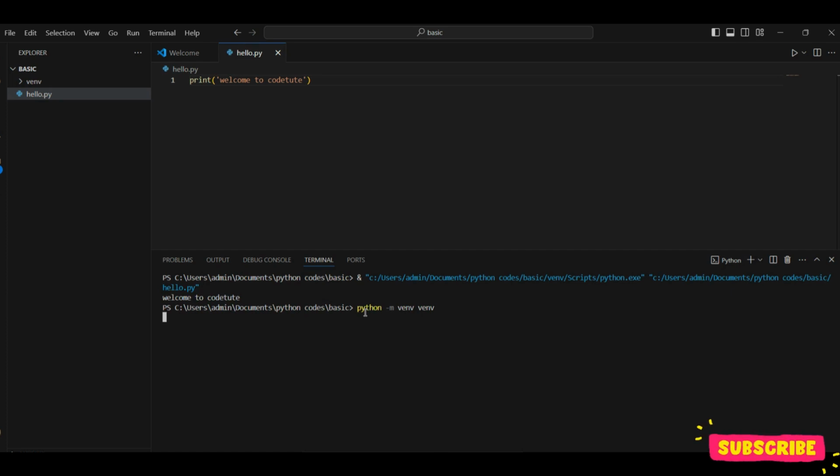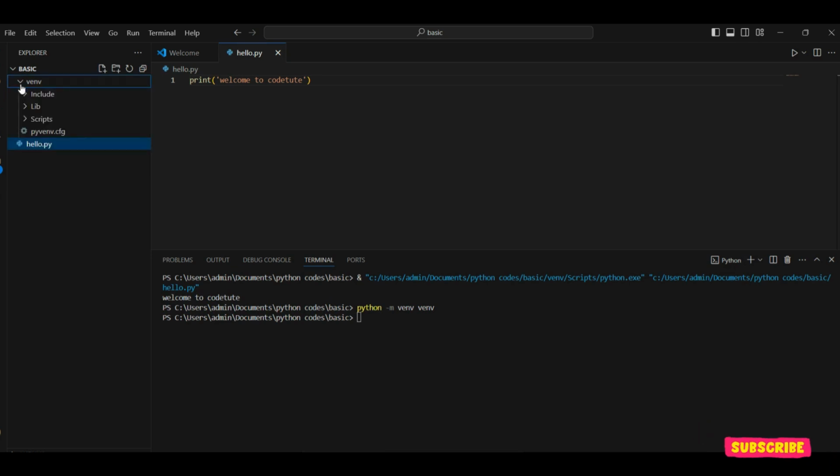Okay, so why do we need a virtual environment? We need a virtual environment because let's say you have two different projects, and the requirements of both projects are different. Let's say for project one you need a particular version of OpenAI, and for another project you need another version, and you want to run both projects. Okay, so you can create a virtual environment, and within that virtual environment you can keep all your requirements and everything, and for another project you can maintain that. Okay, so here our virtual environment folder is created.